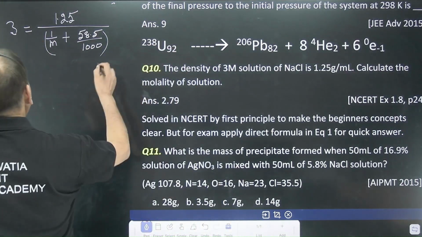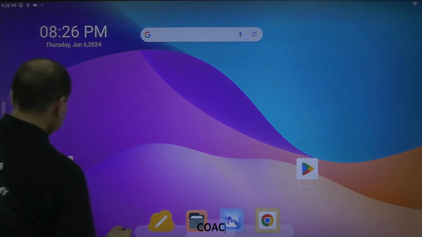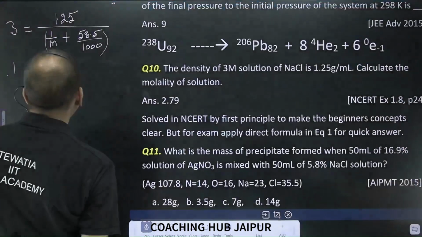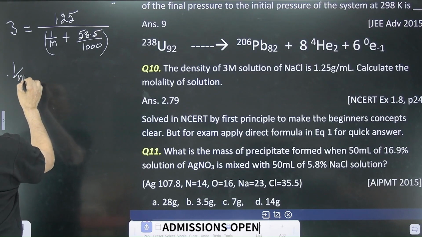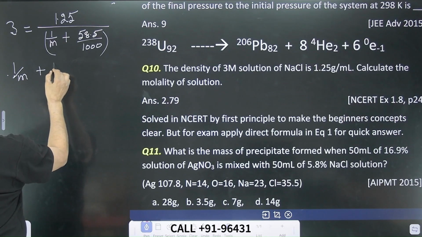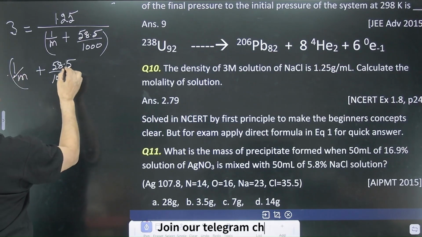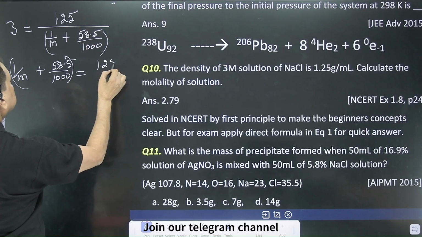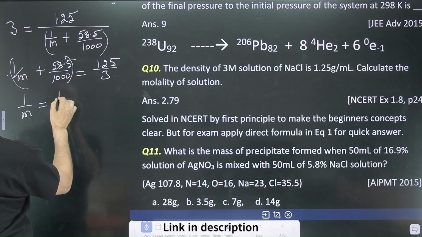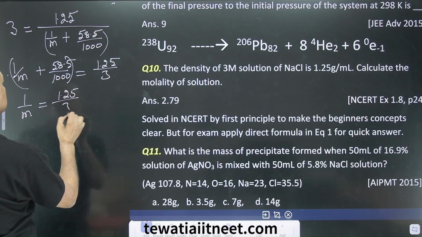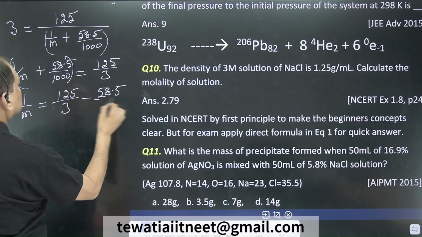So it's very simple. You take it this side. Sorry. How to go back this? 1 by m plus 58.5 by 1000 is equal to 1.25 by 3. So 1 by m is 1.25 by 3 minus 58.5 by 1000,